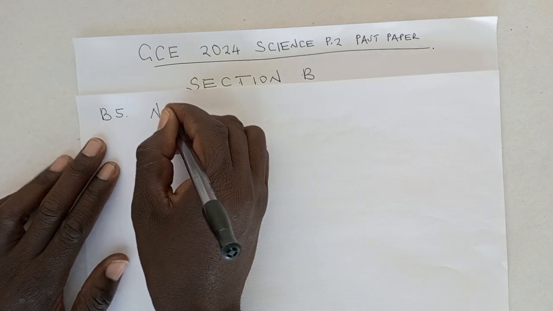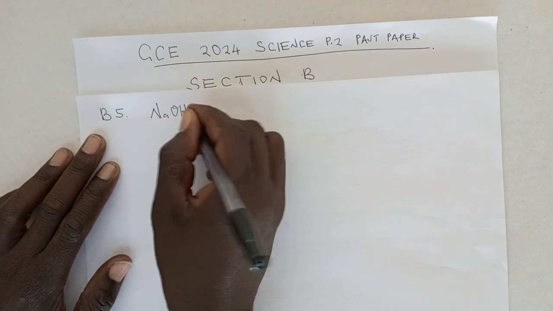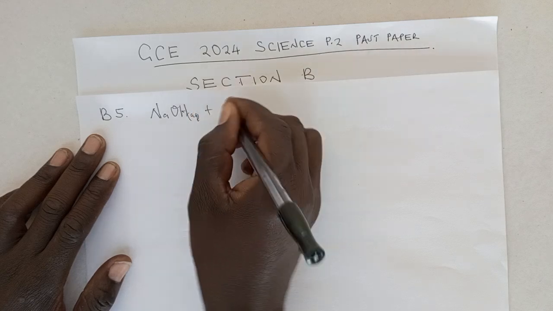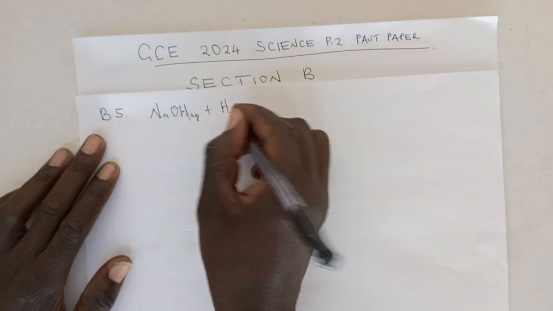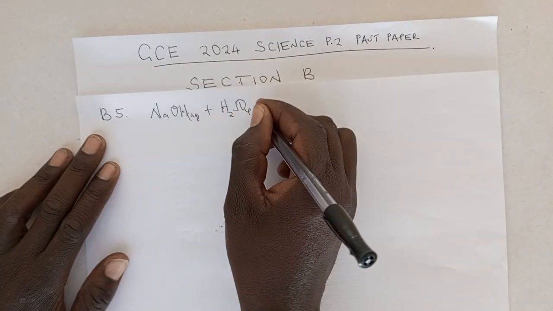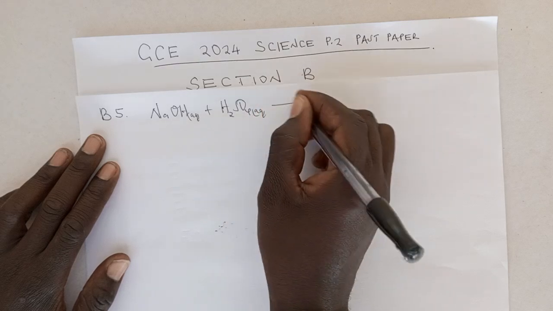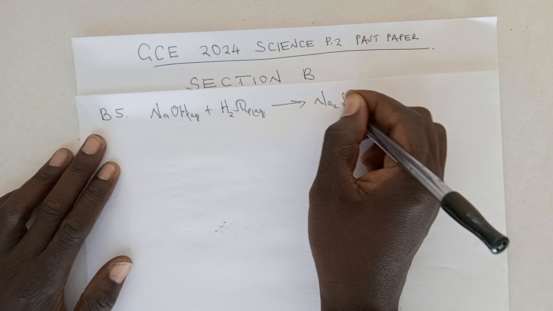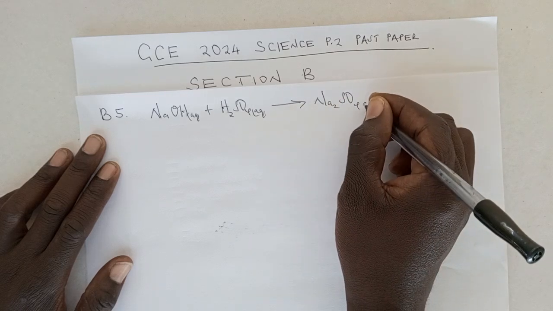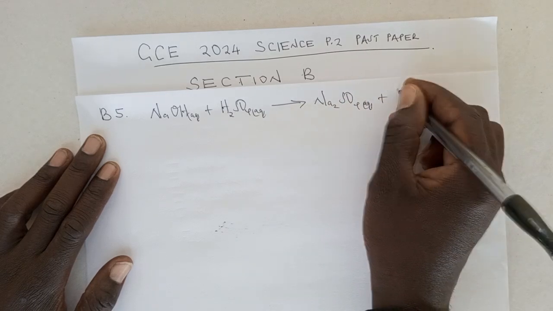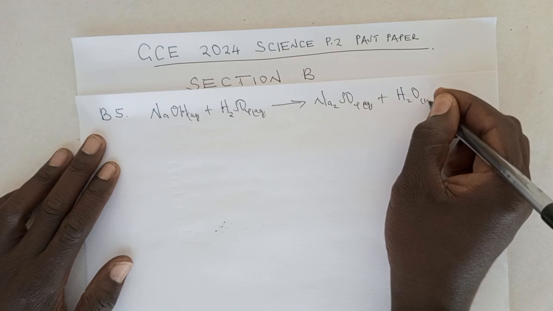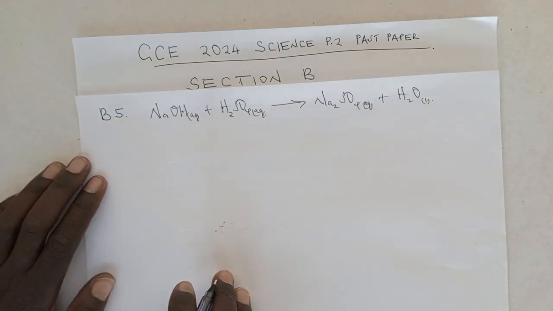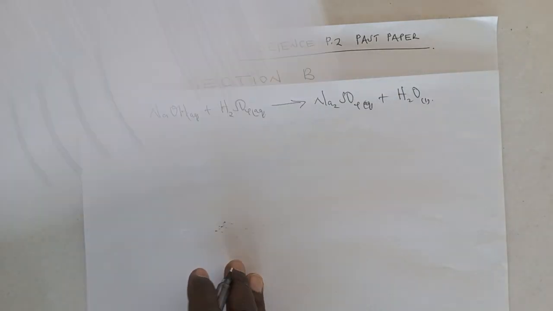Sodium hydroxide plus sulfuric acid producing sodium sulfate in aqueous state plus water. Okay, so the question reads,